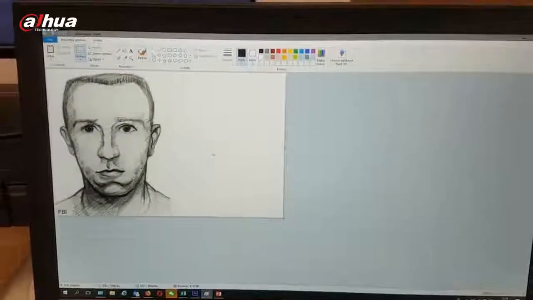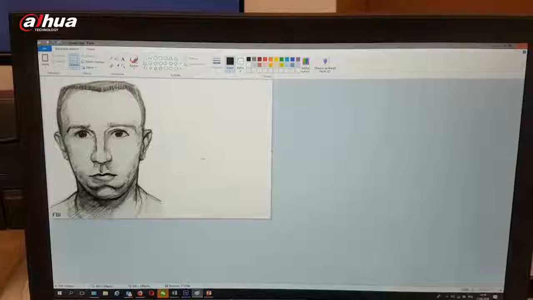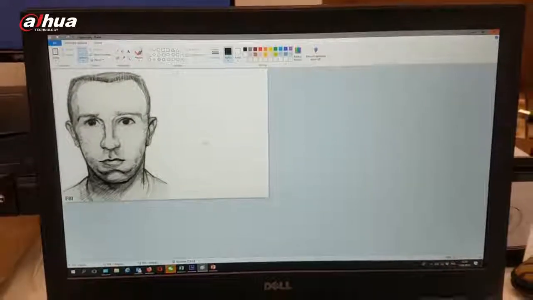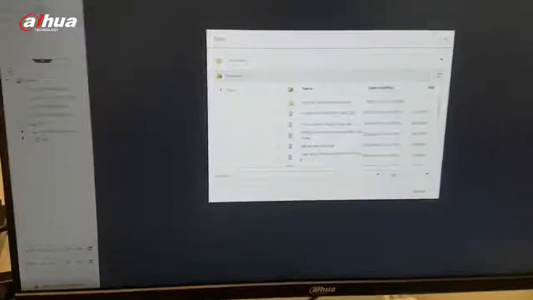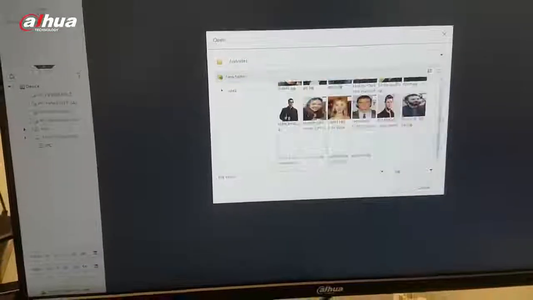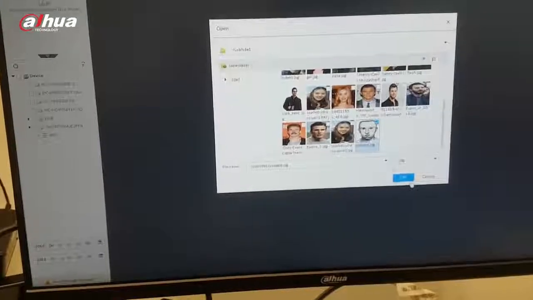They were looking for this guy using this police sketch that they prepared, talking with the guys that rented a car for him. But what we can do with this kind of sketch with current technology, with current equipment, what you can see here is IVSS, the new platform from Dahua, using deep learning solutions. We put a picture inside, actually not a picture but a police sketch, and we can use this sketch to search